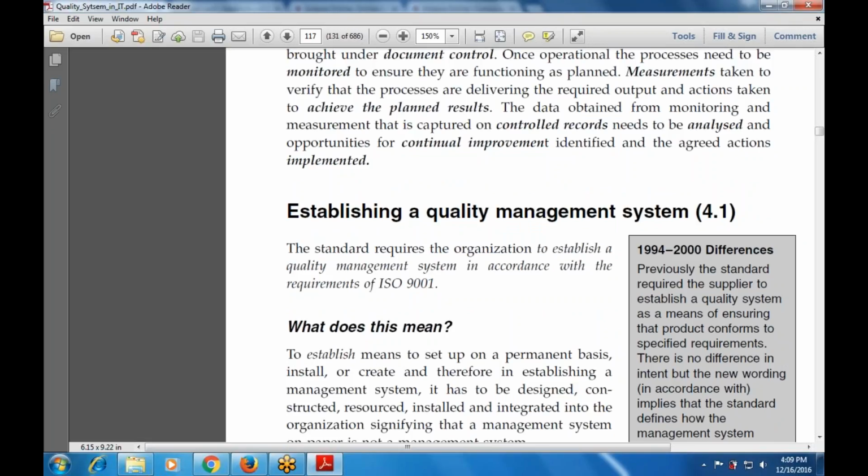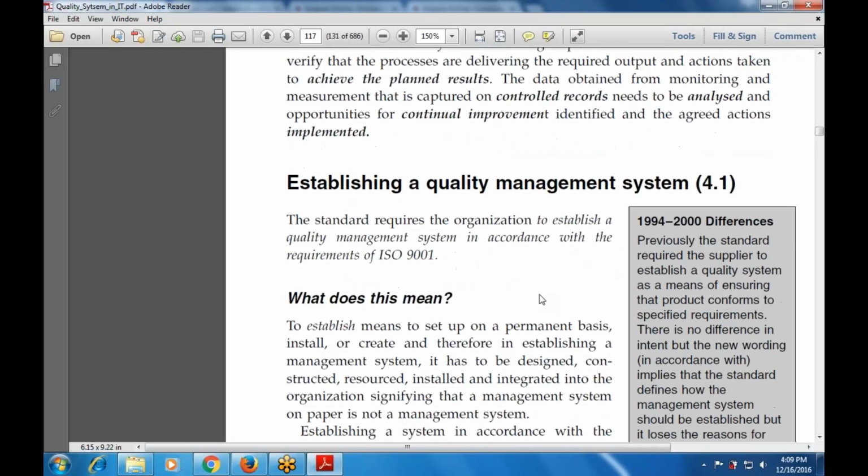The standard requires the organization to establish a quality management system in accordance with the requirements of ISO 9001. Now what does this mean? To establish means to set up on a permanent basis, to install or create. Therefore, in establishing a management system, it is to be designed,